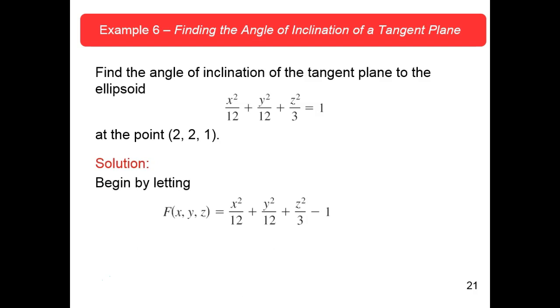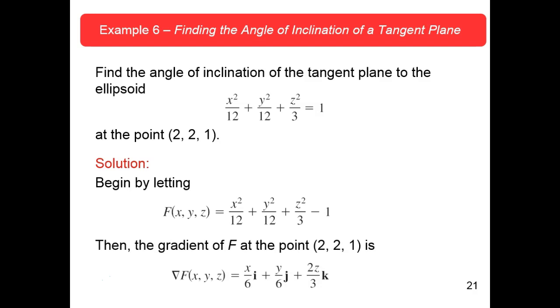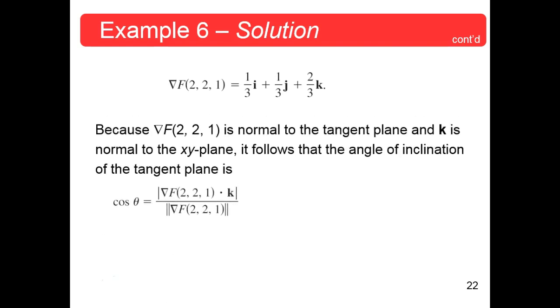Begin by letting f of x equal that, which we did, and then take the gradient of that at (2, 2, 1), and that would be exactly, there's the gradient of that at that point. Because the gradient is normal to the tangent plane, and k is normal to the xy plane, it follows that the angle of inclination,